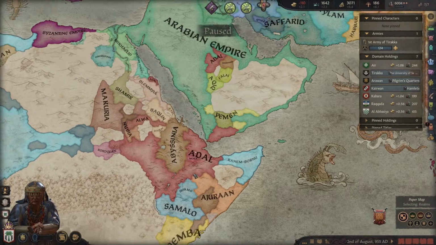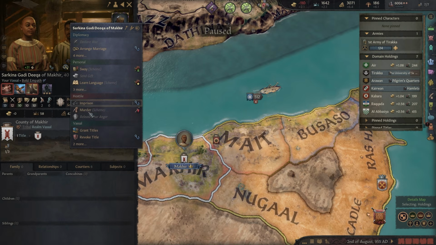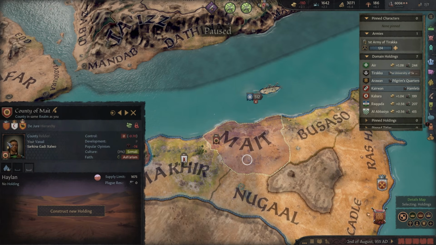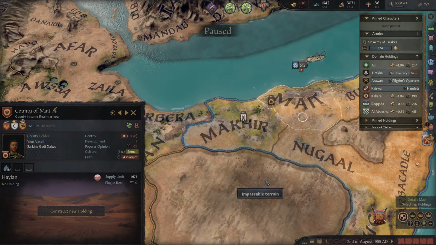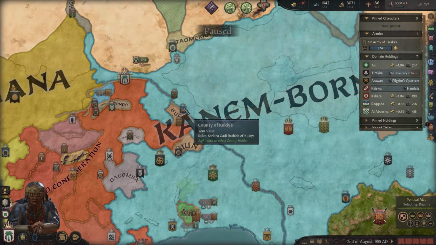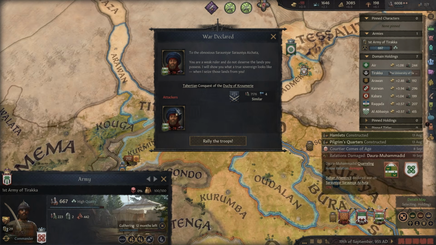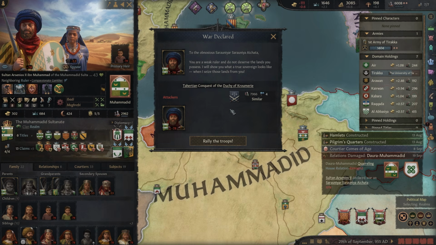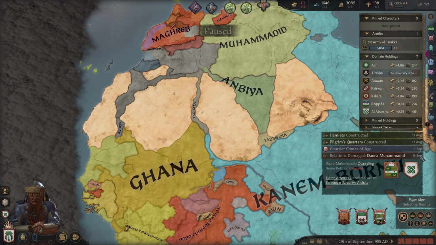I just realized with these two over here, I know we don't want to cause problems with popular opinion, but it would be nice if you were to convert the faith, and if you were also to convert the faith. There you go, convert the faith. And then, are you part of this duchy, or are you part of a different duchy? Okay, that's fine. I was going to say, are you part of the existing duchy, but no, you're part of a different one. Okay. War declared upon us by you. Conquest of the duchy of that. Well, that's a problem. Okay.